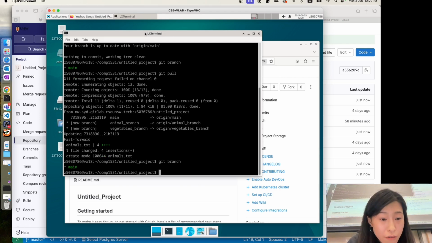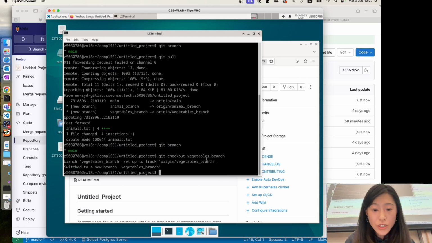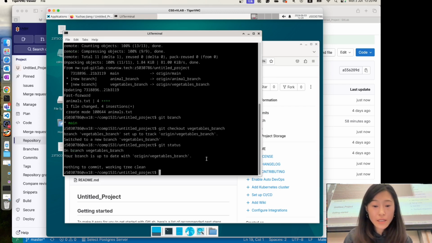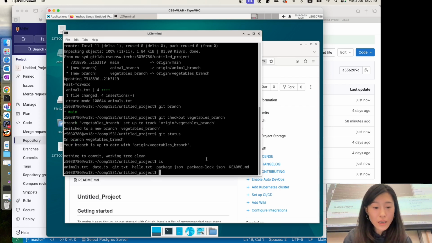Git pull, okay, git branch, still main. Yeah, fast forward. Can I git checkout the vegetables branch? I switch to this vegetables branch. I git status. You can see that now I've put everything from